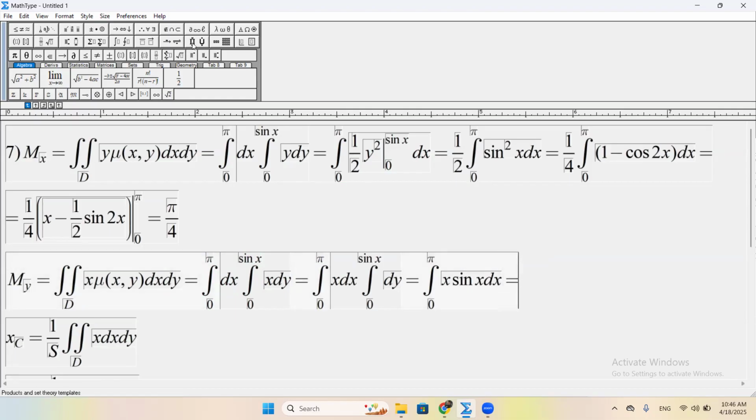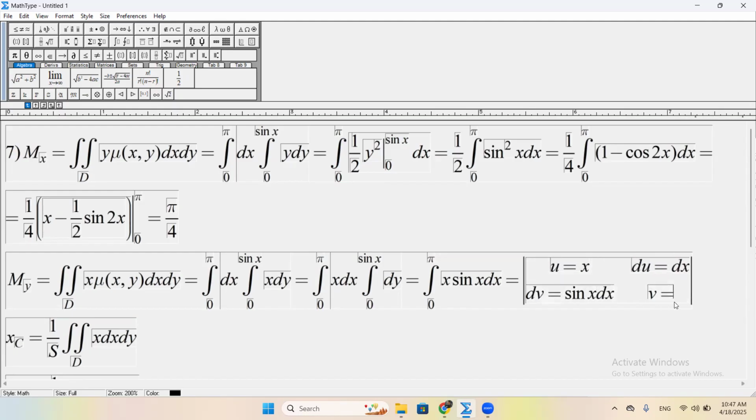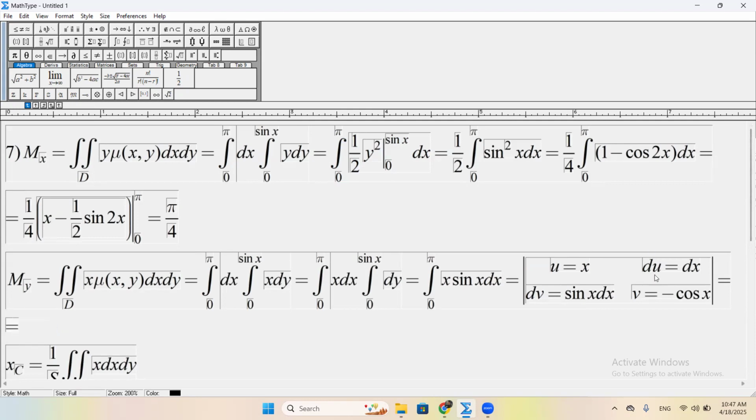Now we'll remind ourselves a little bit of integration by parts. u equals x, du equals dx, then dv equals sine of x dx, and v equals minus cosine of x. So minus x cosine of x from 0 to p